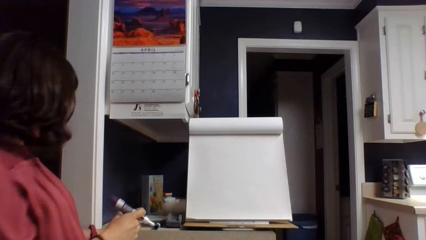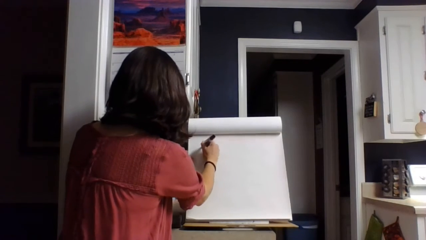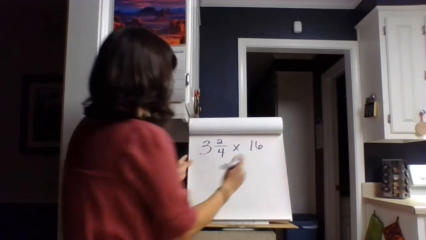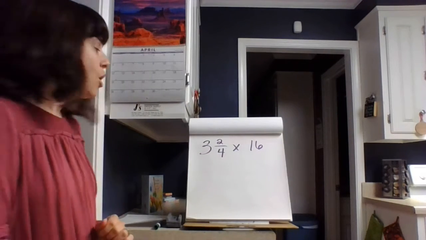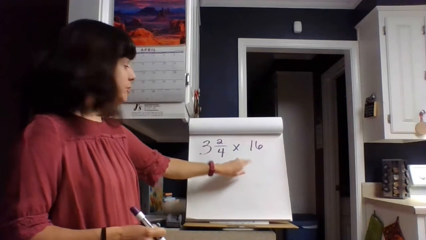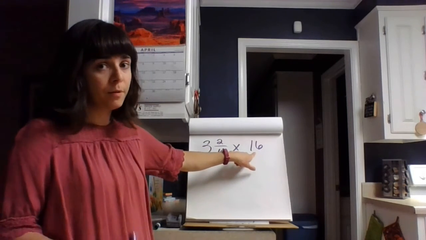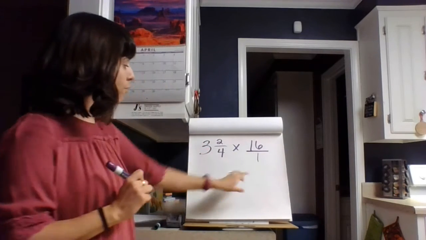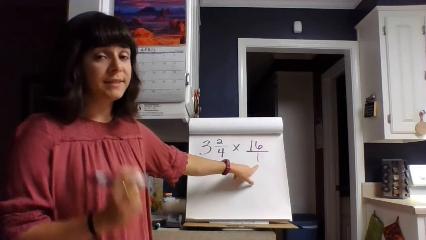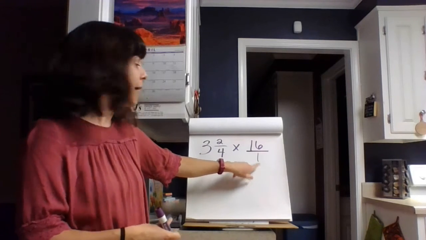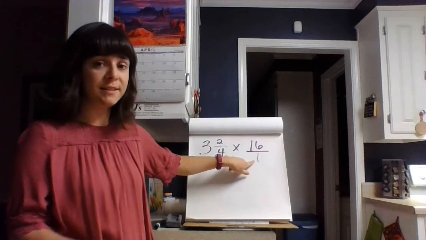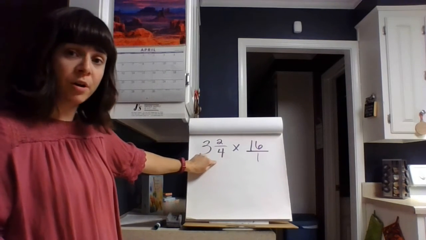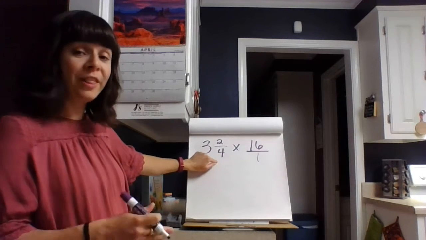Okay, Thursday number 1 says 3 2/4 times 16. Okay, so a couple of rules to remember when I'm multiplying with fractions. First of all, just like we did in a couple of problems back, I can make 16 a fraction by putting that over 1. My denominator is 1. It's not changing the amount, because 16 divided by 1 is still 16. Now, when I multiply or divide by a mixed number, I first have to turn that into